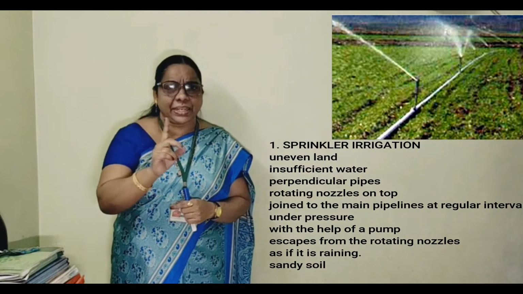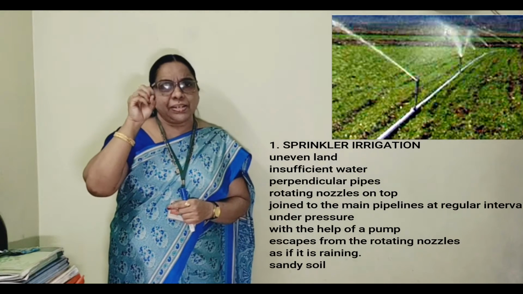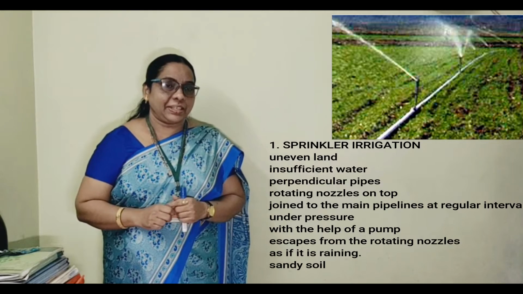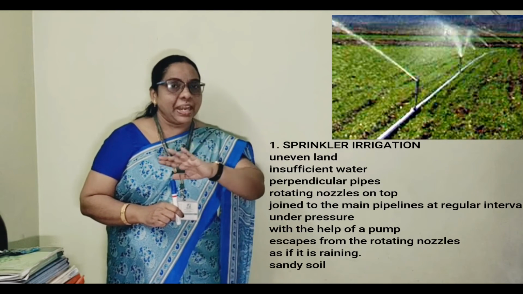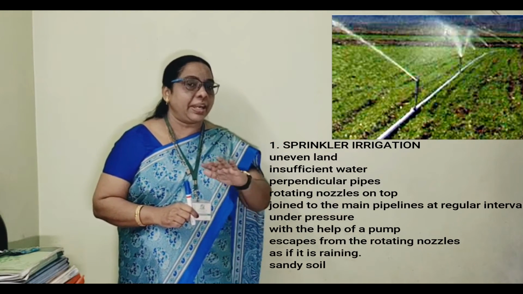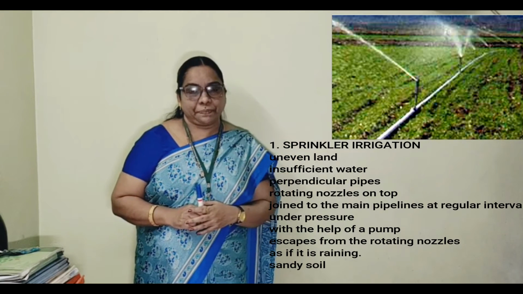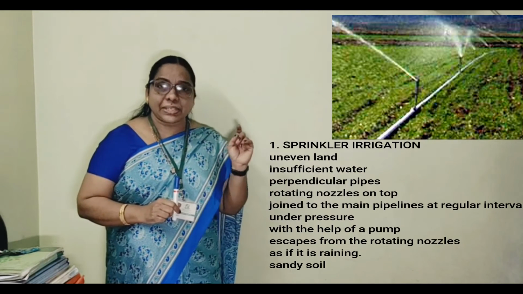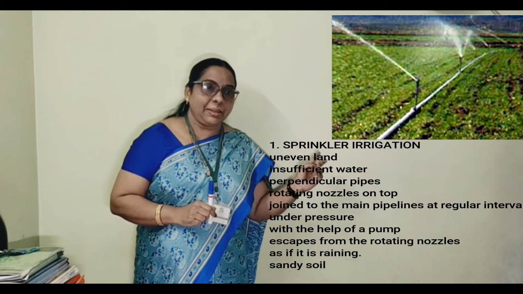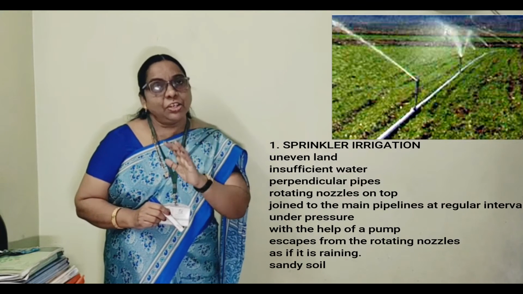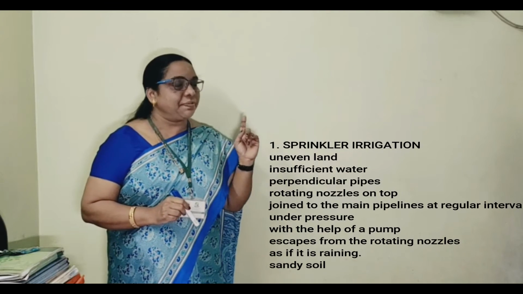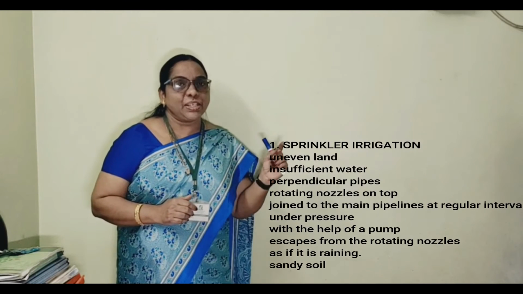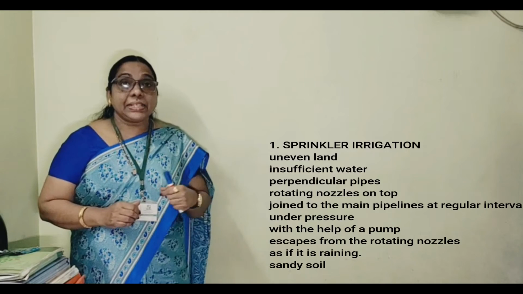Just like rain droplets sprinkle, this nozzle rotates and the water is sprinkled over the entire field. What is the advantage of this sprinkler system? You can save time, you can save labor, and you can save water as well. So that is the first method of modern irrigation, the sprinkler system. And the second system is